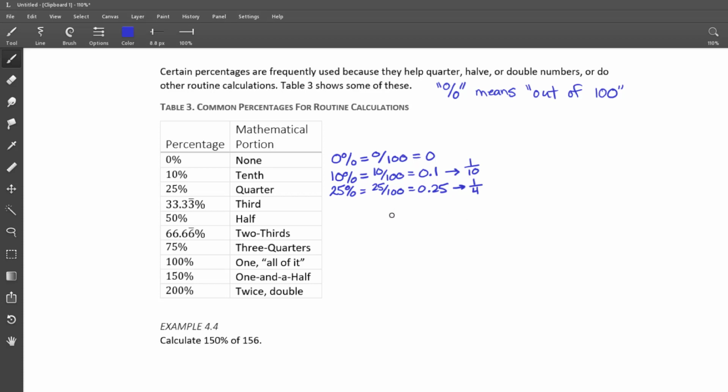And this continues. A third, if you put 33.33 decimal repeating over 100, you would get 0.333333 decimal repeating. This is 50%, so 50% is 50 over 100, and that equals 0.5, which of course is the decimal representation for 1/2. So the reason these percentages do what they do when you use them to calculate, when you multiply that 0.5 times a number, it's going to take 50% of that number, is because they literally are those fractions. They're just a different representation of those fractions so that we can talk about them more easily.